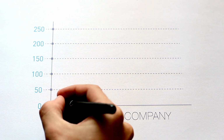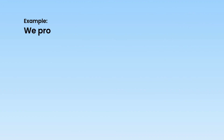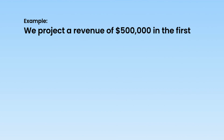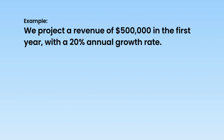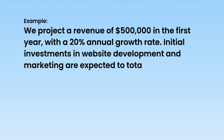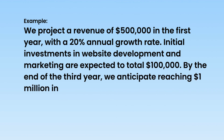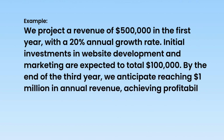For example, an e-commerce platform selling handmade goods, financial projection might look like this. We project a revenue of $500,000 in the first year with a 20% annual growth rate. Initial investment in website development and marketing are expected to total $100,000. By the end of the third year, we anticipate reaching $1 million in annual revenue, achieving profitability in the